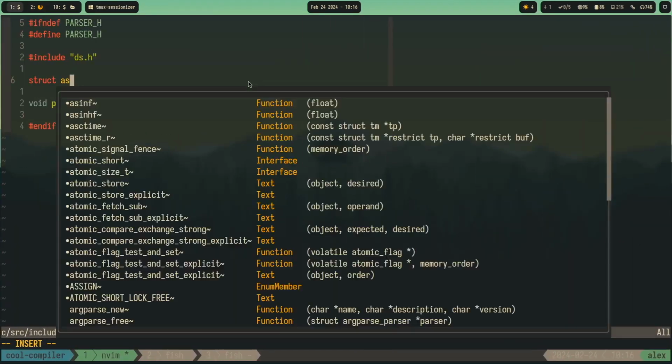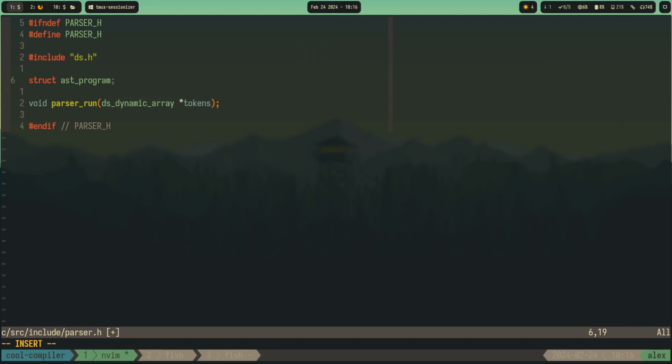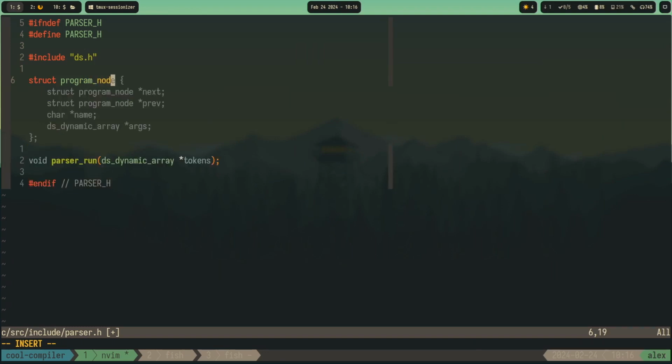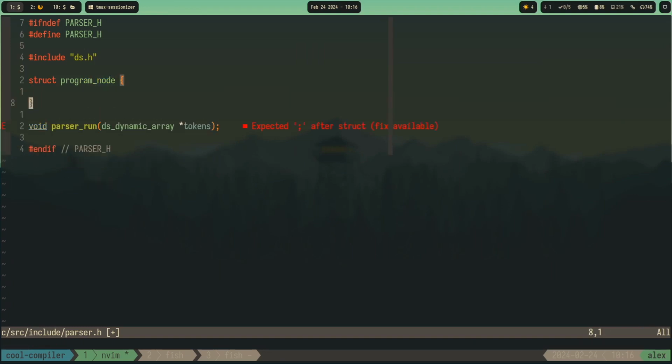So AST program, or should it be program node or something? Program node. Yeah, I mean, I have no idea. But for this program node, we are gonna need